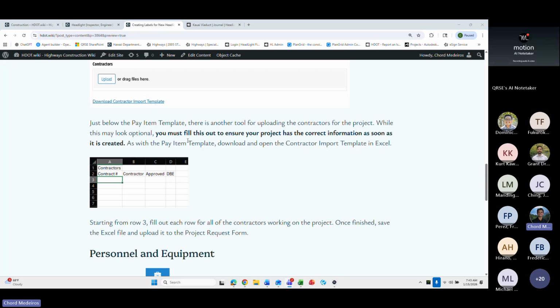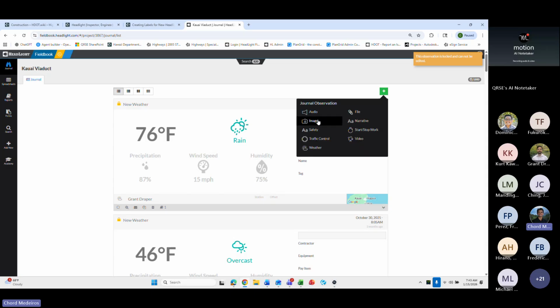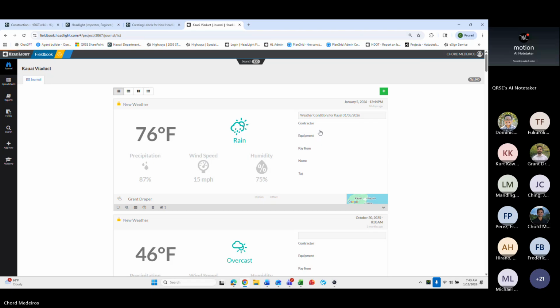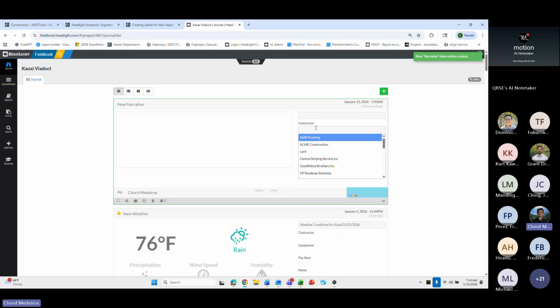This will allow your field team to not have duplicate contractors. Again, what I've been seeing is a lot of times what people do is they create an observation. Right, I'm just going to create a narrative, if it'll allow me to. So what happens, well, you'll create a narrative, and then if you have it already pre-selected,